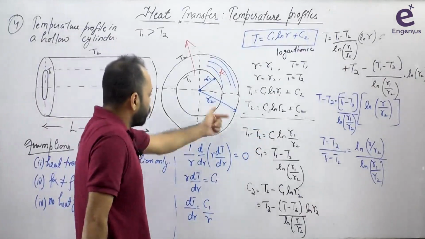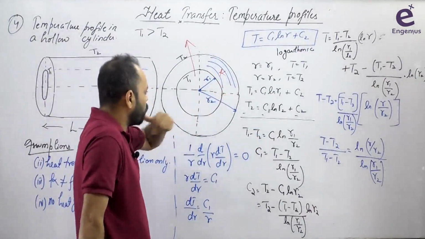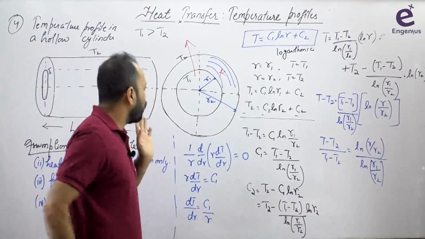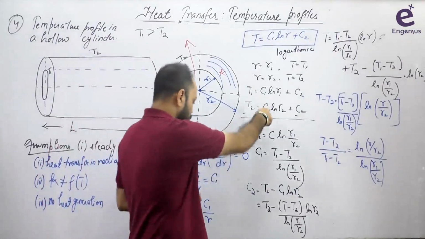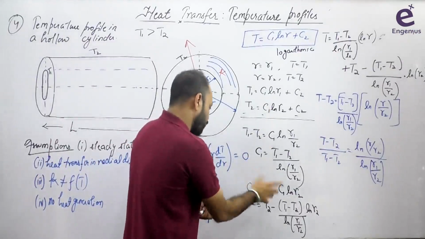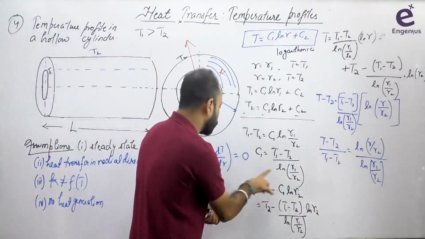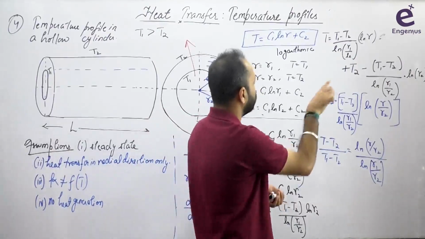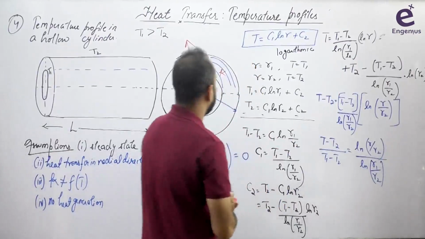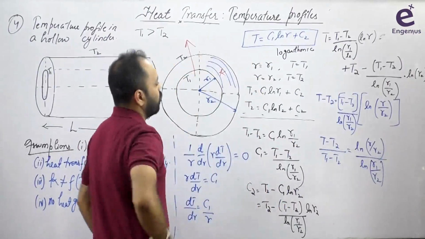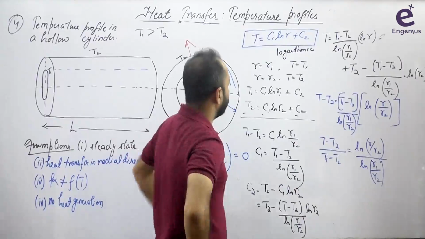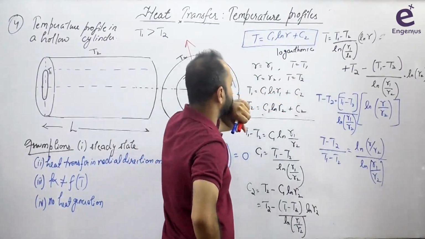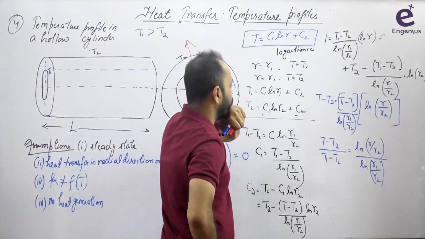Okay, so I subtracted this equation, T1 minus T2 is C1 log of R1 by R2, C1 minus T2 0, so C1 becomes equal to T1 minus T2 by log of R1 by R2, correct. और फिर C2 के लिए मैंने इस इक्वेशन का यूज किया, that is T2 minus C1 ln R2, and C1 की वैल्यू पुट कर दी यहाँ पे T1 minus T2, ठीक है. So T2 minus T1 minus T2 by log of R1 by R2 into log of R2, and then T becomes equal to C1 into ln R, right, and then C2, then I wrote T minus T2 as this, and then T1 minus T2 was taken as common, log of R1 by R2 was taken